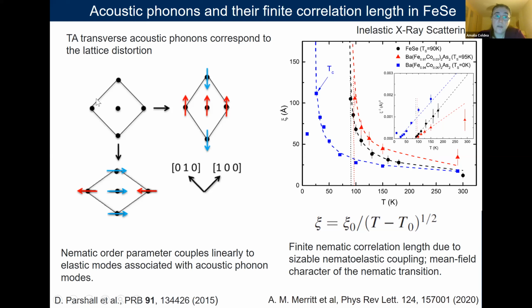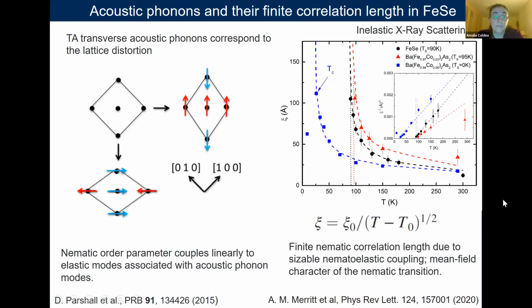The distortion takes place along the diagonal of the tetragonal lattice, and these are the two types of acoustic phonons. Inelastic X-ray scattering, which can probe the acoustic phonons, also shows there is a finite nematic correlation length, suggesting again that this can be described by a mean field theory, which cannot tell us about the nature of fluctuations